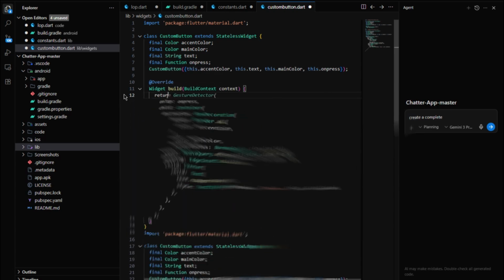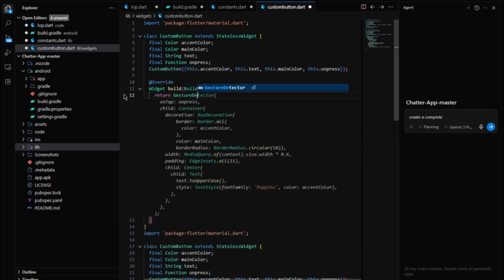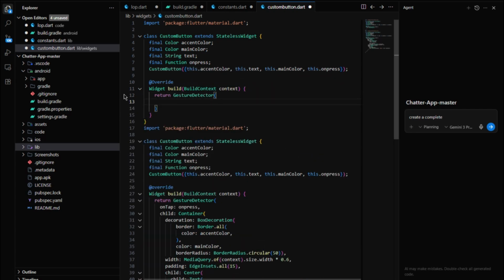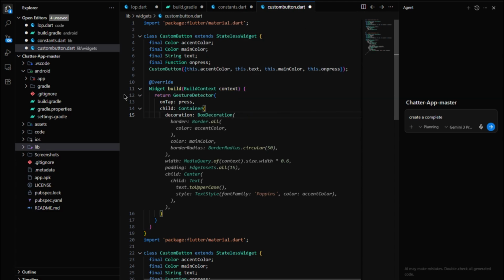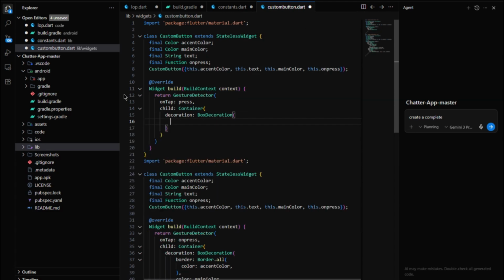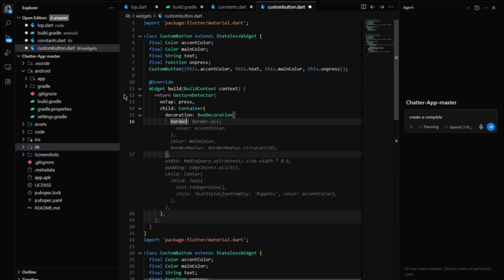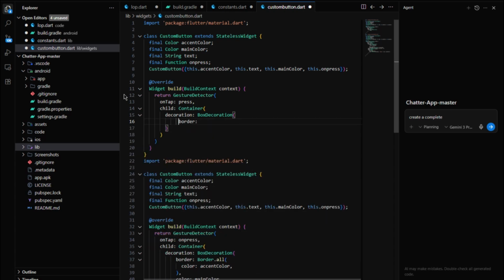Define return GestureDetector, rounded brackets, press enter, onTap, slowly press, child should be Container, and decoration should be BoxDecoration, and then border should be Border. I'm giving Border.all,